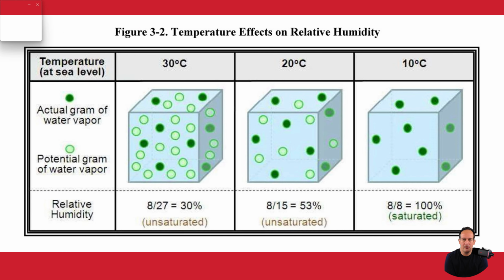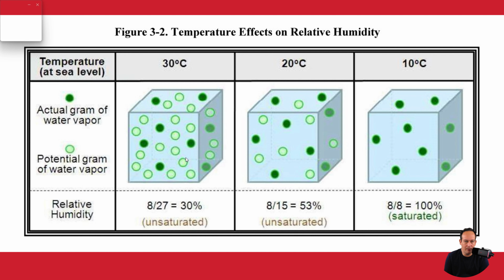So here's another picture we have for you. In this picture, it's the same amount of space, but the temperature changes. And these light and dark green dots represent how much moisture could be in the air. The light dots are potential grams of water vapor, whereas the dark green dots are actual grams of water vapor. So when it's 30 degrees Celsius, here on the left side, we see that there's 8 grams